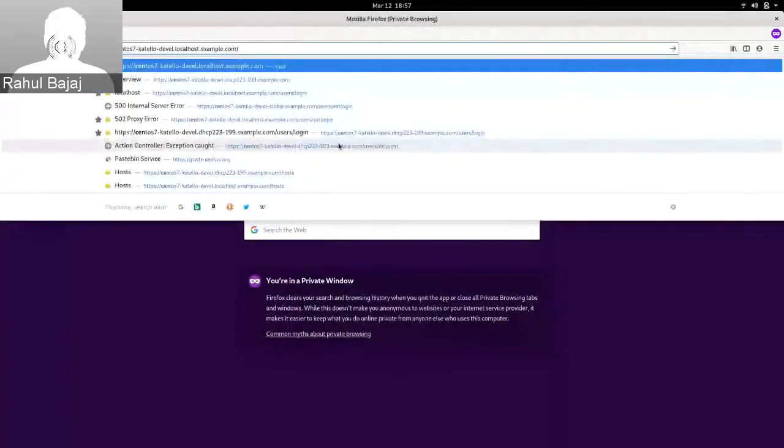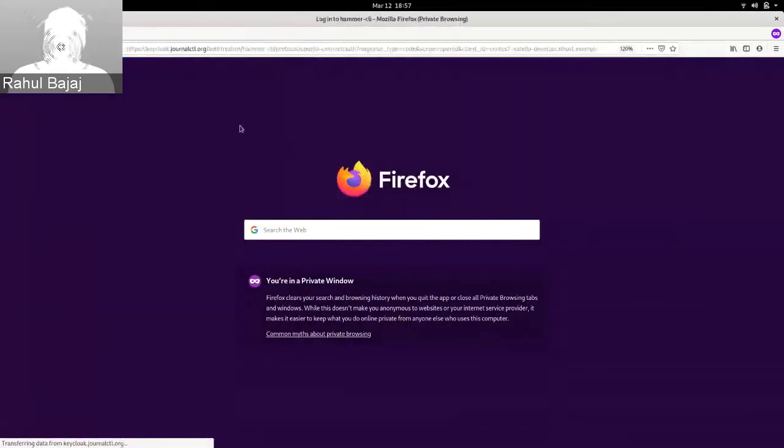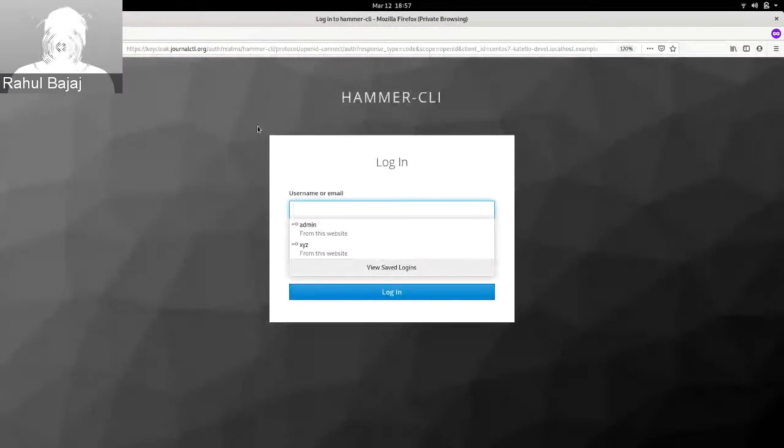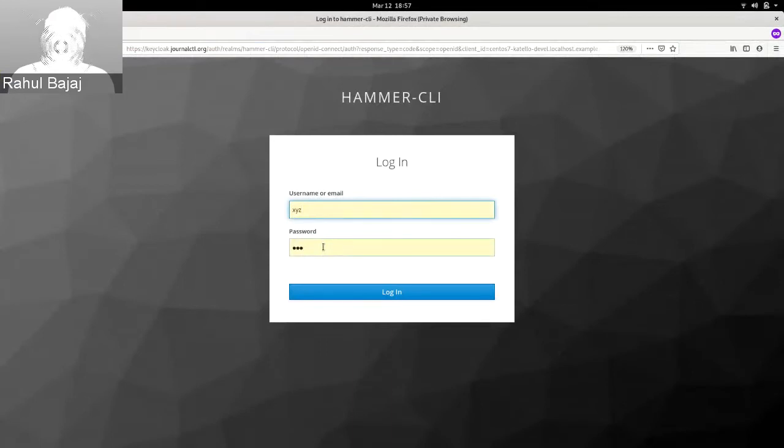So now that was the hammer side of things. Now let's see how things work in the UI. So if I have my Foreman setup working on CentOS 7 Catilo Devil localhost example.com, I will just go on the Foreman URL and press enter. This will in turn redirect me to Keycloak, and I will do my authentication here. Again, this could be anything like OTP or a two-factor authentication as you have configured in Keycloak. And once you log in,